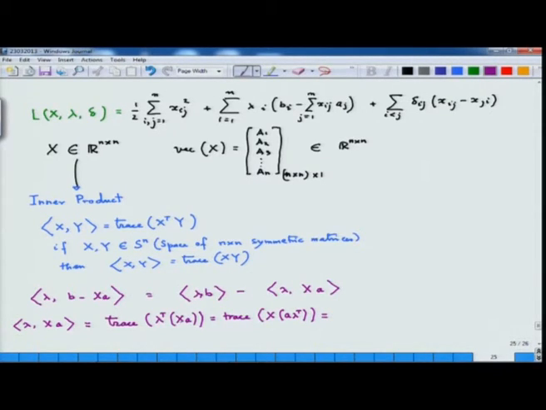So here, by the associative law, it became X A lambda transpose. Now I can write this as the trace of